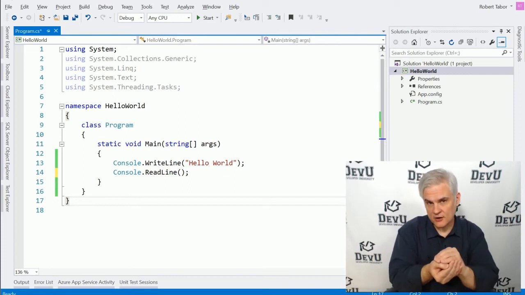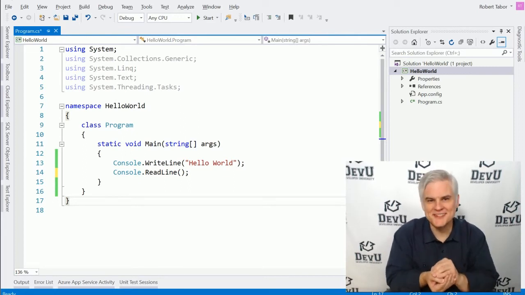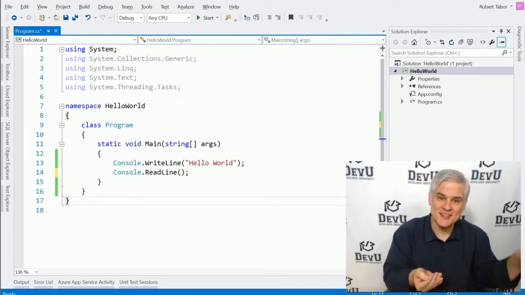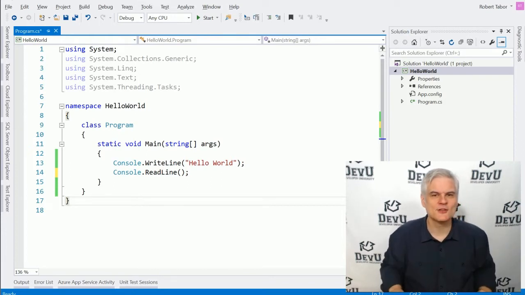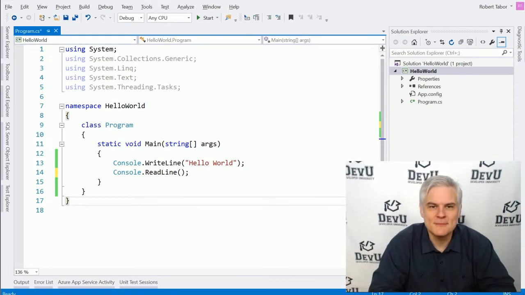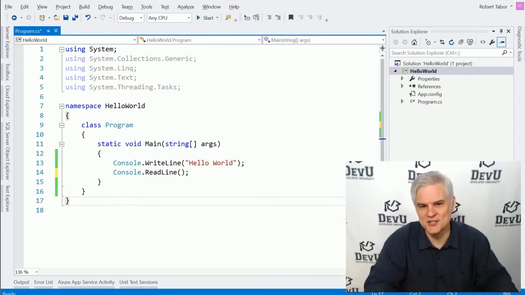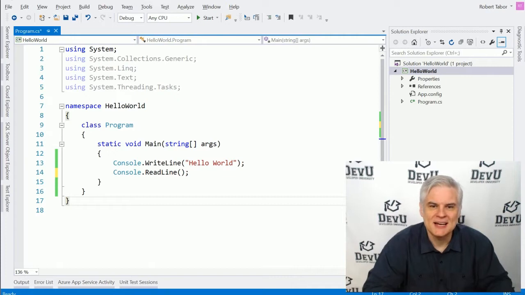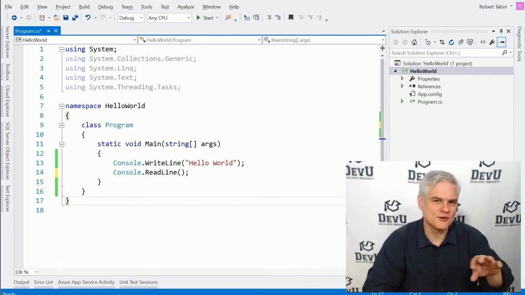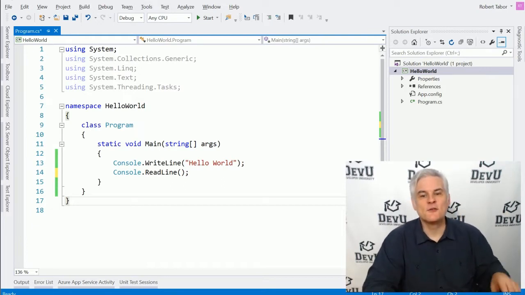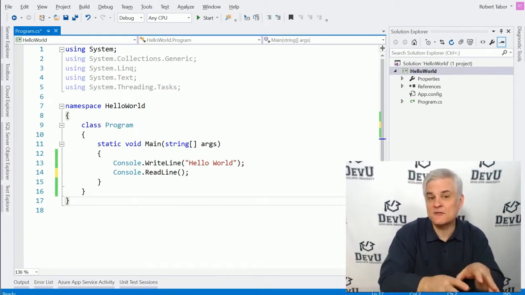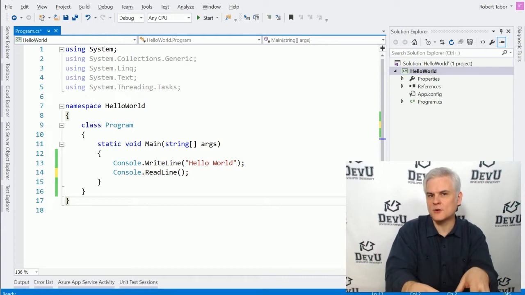Furthermore, the CLR, that runtime, also provides a layer of protection for the end user, so that you, the malicious, evil software developer, can't do something really bad to somebody's computer without them at least giving you permission to do it in the first place. So without their knowledge and their approval, you're not going to be able to wipe out their entire hard drive, for example. For right now, it's the .NET Framework class library that I really want to focus on because it's